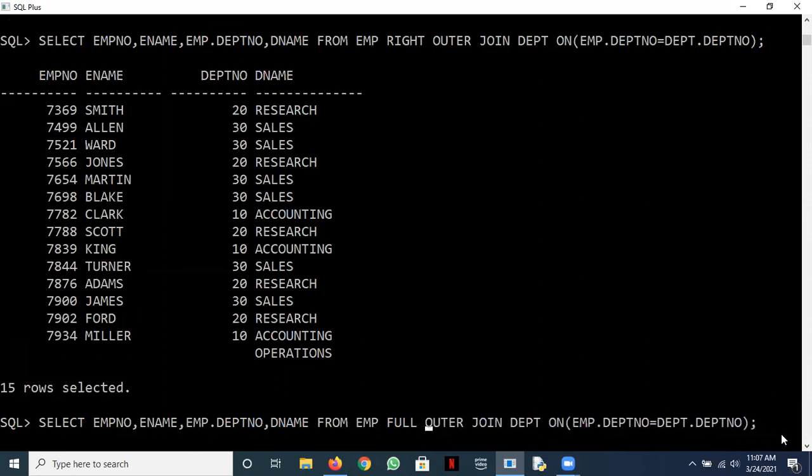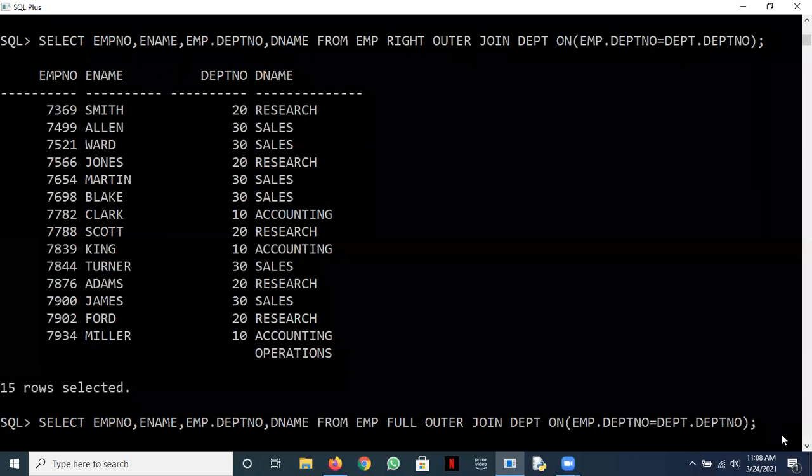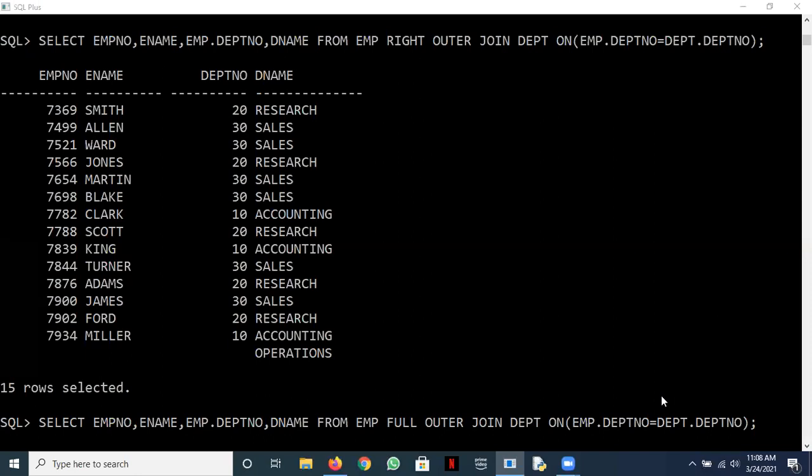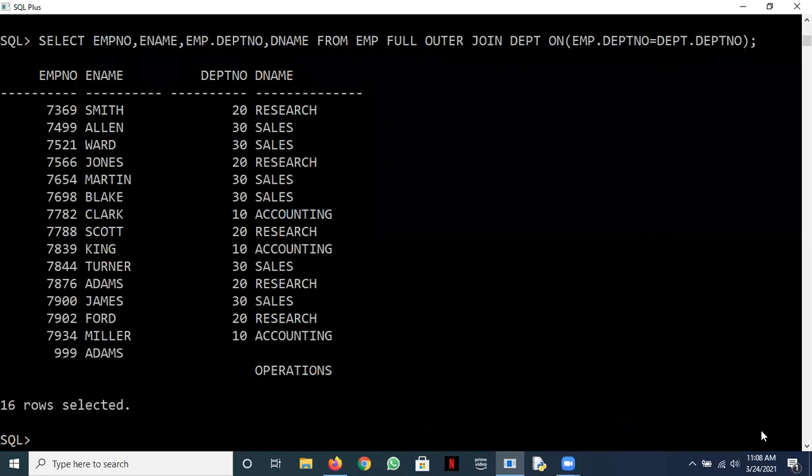How many rows? You can answer this. Raise your hands to answer this question. I'm expecting an answer from all of you. Okay, Srishti, you raise your hands. Yeah, please answer, Srishti. Sir, 16. 16 rows, 14 matching, and 2 unmatched. One from left and one from right. I think that should be the correct answer. Let's check what Srishti has said. Yeah, so you can see 14 matching, one from M non-matching, one from department non-matching. This is your full outer join.